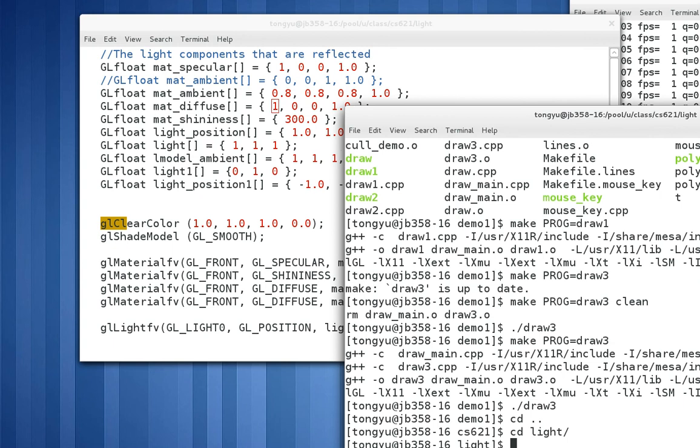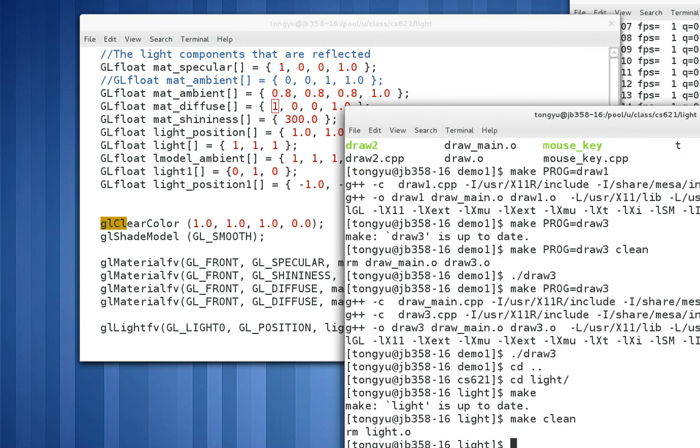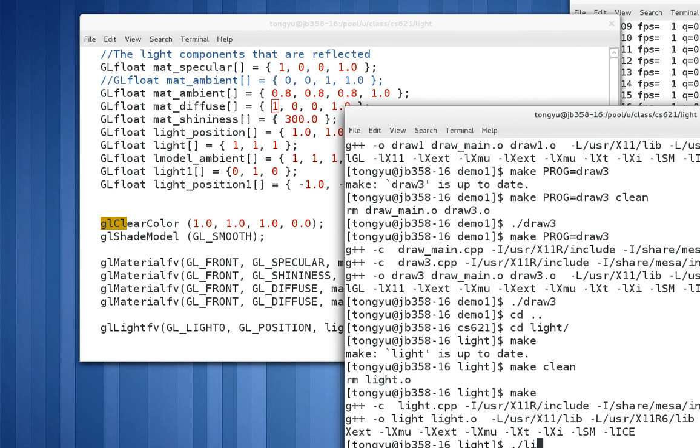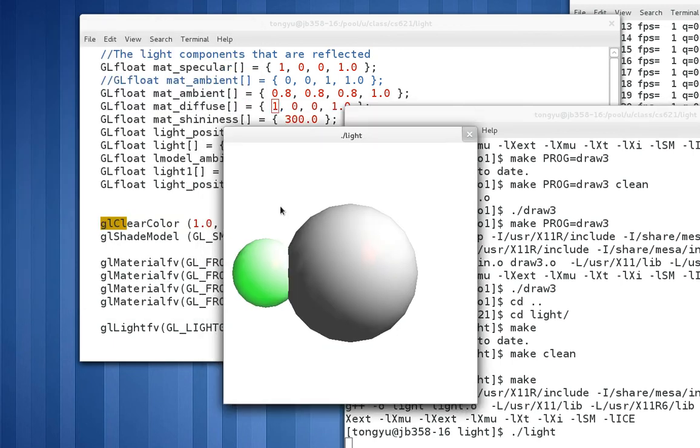So it is in this directory. So again, we make and execute. So indeed, you can see that the second one is green, and the first one is gray with some red component. It's a little bit difficult to see, but the red component is there. It's the diffuse and specular. So you can very